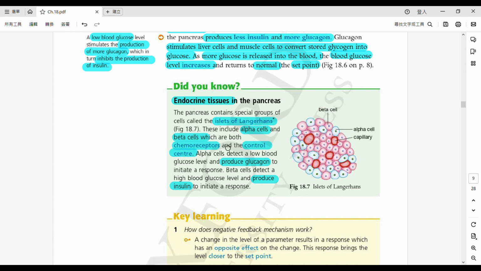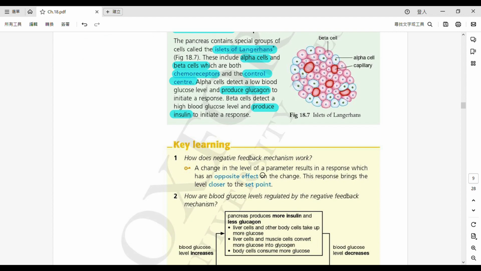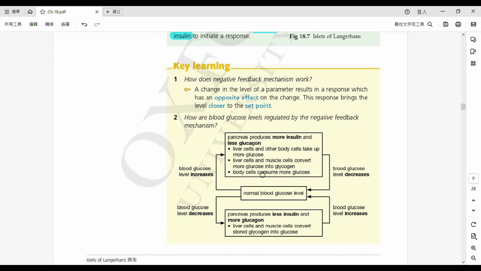So their function，佢哋嘅功能啦，都係 chemoreceptor 同埋一個 control center 嚟嘅。So they will detect the blood glucose level and they will decide whether they will produce insulin or whether they will produce glucagon at the same time. 佢哋呢個功用㗎。So it's just telling you that alpha cell will produce glucagon. If it is going to produce glucagon, therefore it will increase 呢個嘅 blood glucose level 啦。而 beta cell 就會係 produce insulin，所以個 result 就係 decrease 呢個嘅 blood glucose level 啦。